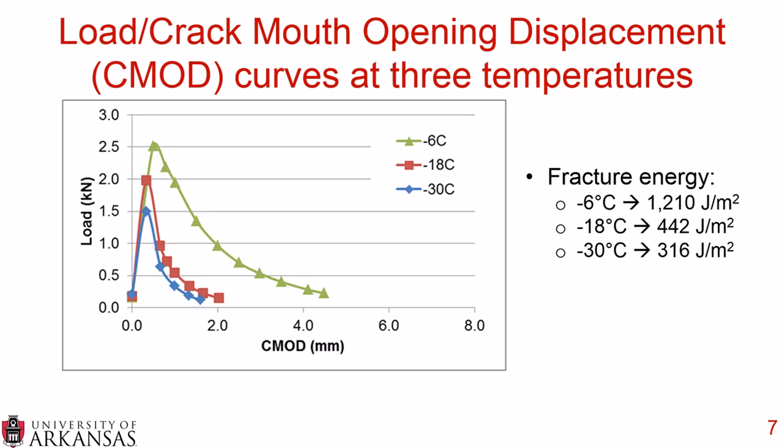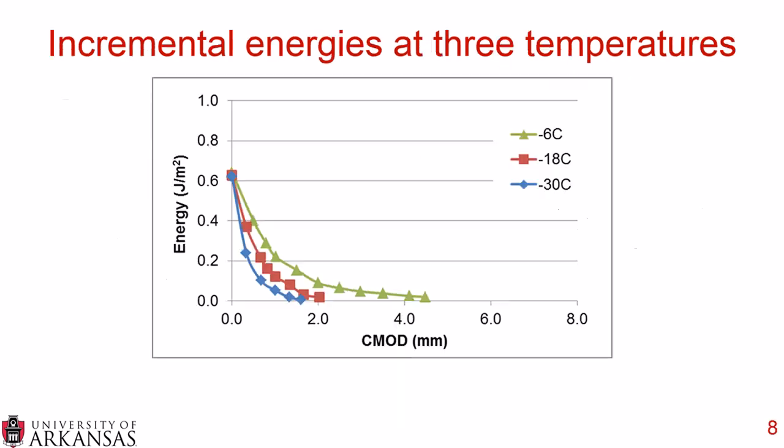Now, if we were to take the fracture energy, you can see as the temperature decreases, the fracture energy also decreases. So we found this fracture energy by simply taking the area under those curves and dividing it by the ligament length. Now, in order to construct the master fracture curves, we first want to find the energy increments for each curve. So we're going to take this low, medium, and high testing temperature and find the energy increments for each curve. And we can see that right here. So for each unit of increase of CMOD, we have some sort of incremental gain of fracture energy at the